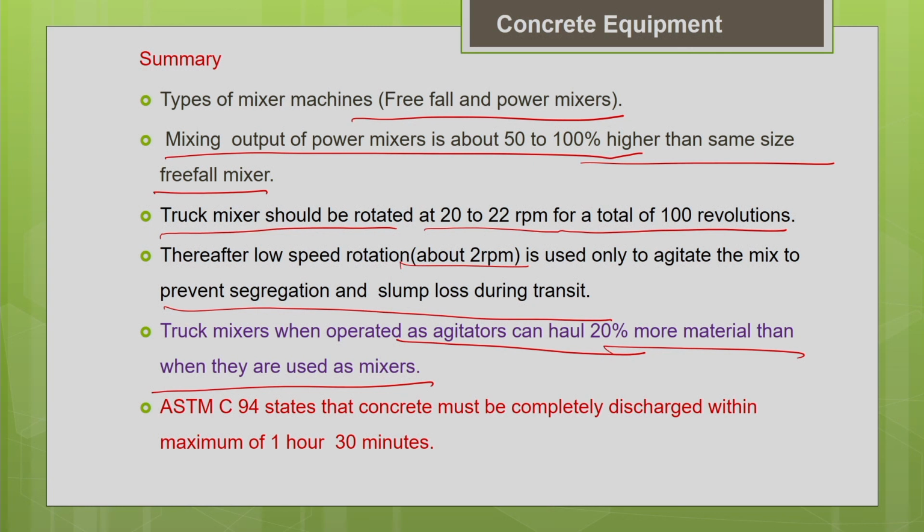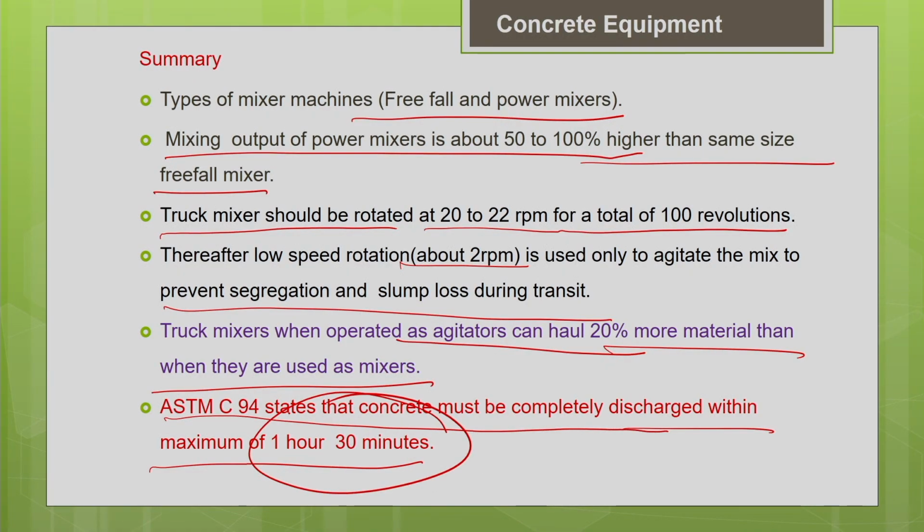And we should always keep in mind that the time is very critical in the concrete making process. So, ASTM states that concrete must be completely discharged within a maximum of 1 hour 30 minutes. From the moment you add the water for preparing the concrete to the moment you discharge the concrete, the permissible time interval is only 1 hour 30 minutes, that is the maximum limit allowed. So, accordingly you have to make the choice of whether to go for the ready mix concrete or not. Depending upon the distance between your job site location and the RMC batching plant, we have to plan whether it is possible to deliver the concrete within this particular time duration. Accordingly, you have to make a decision.